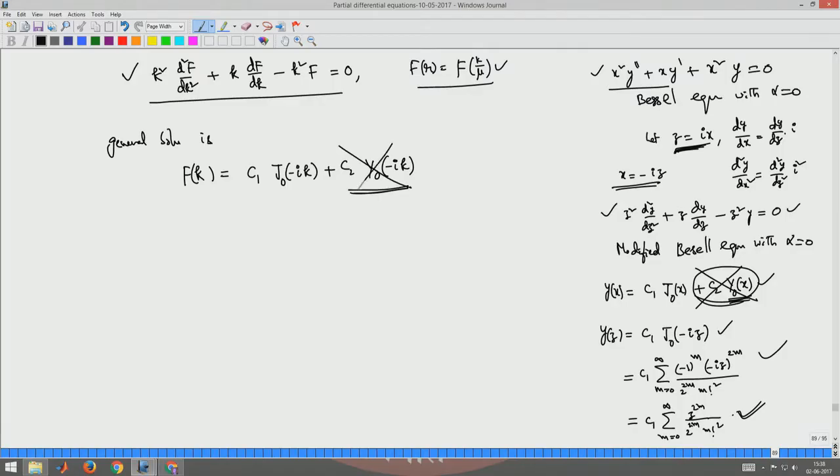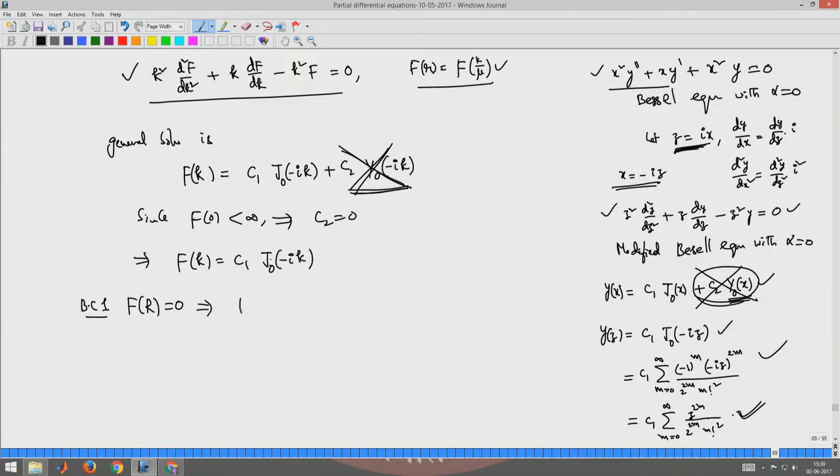So, this has to be 0. Since y at f at 0 is bounded, this implies C2 is 0. So, for that reason I cancel this. This implies f of k is C1 times J0 of minus Ik. Now, we have another condition, f of r equal to 0. So, boundary condition 1 gives,